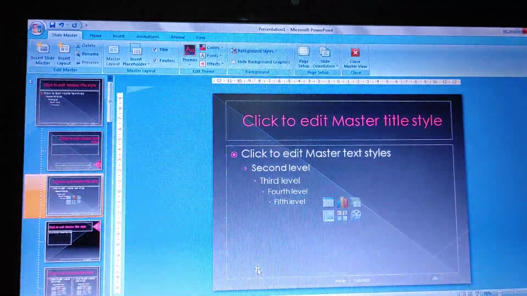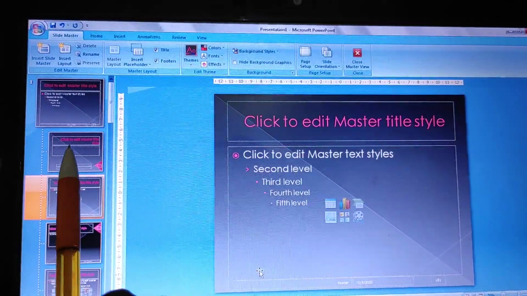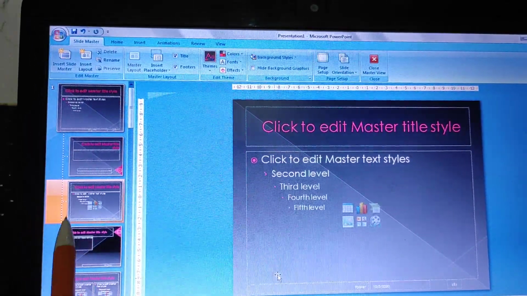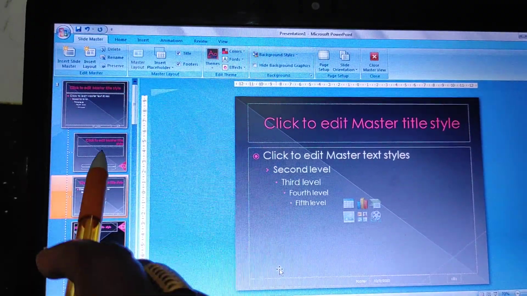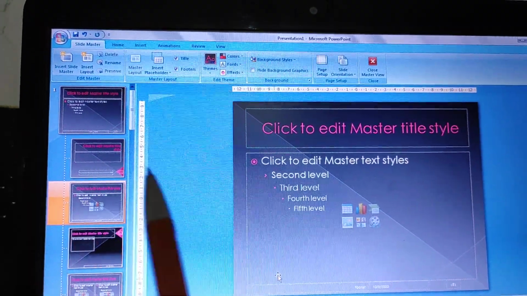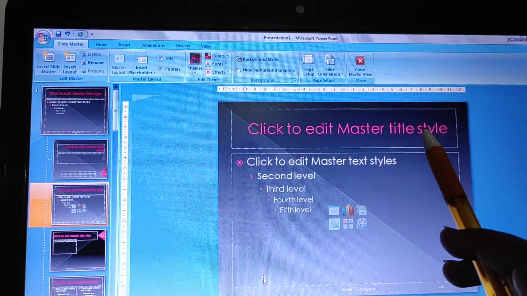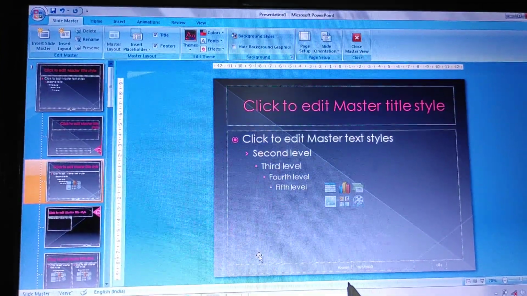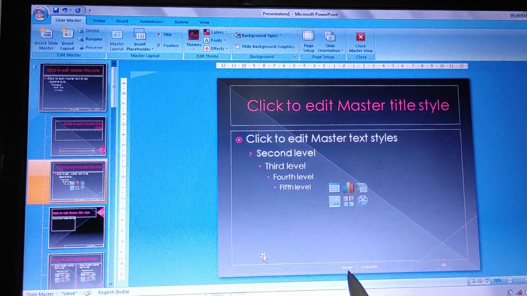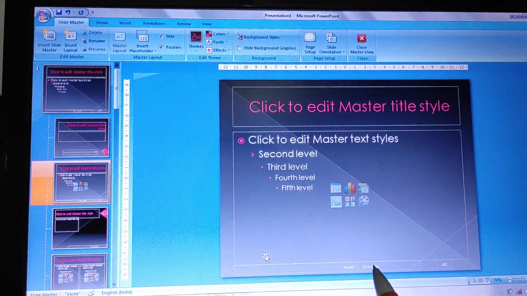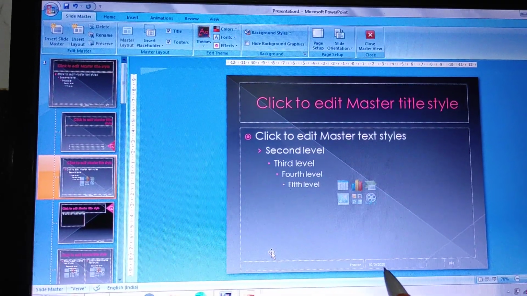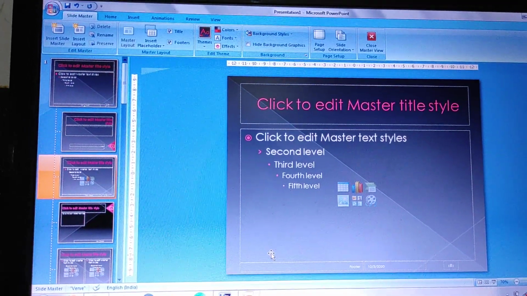Then slide master. This is the slide master. Next, layout master. These all are the layout masters. Then placeholders. This is a placeholder and this one is also a placeholder. Then footer, date and slide number.